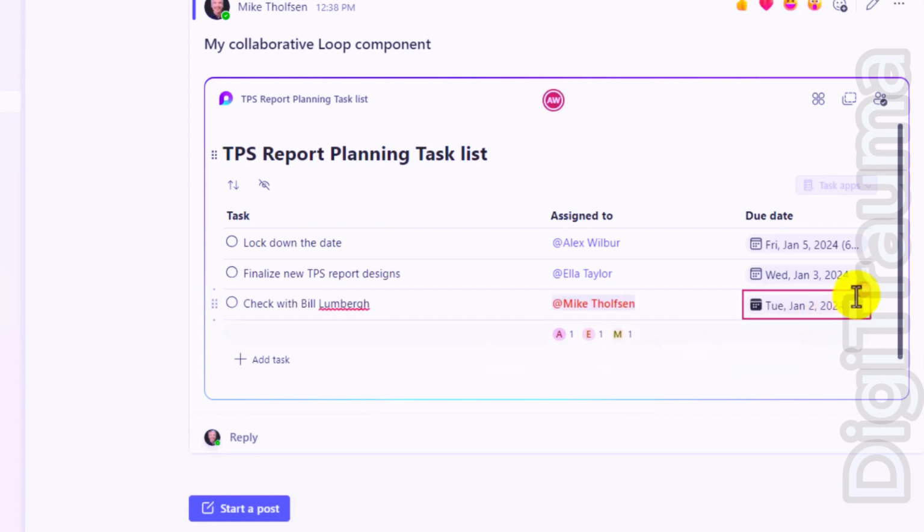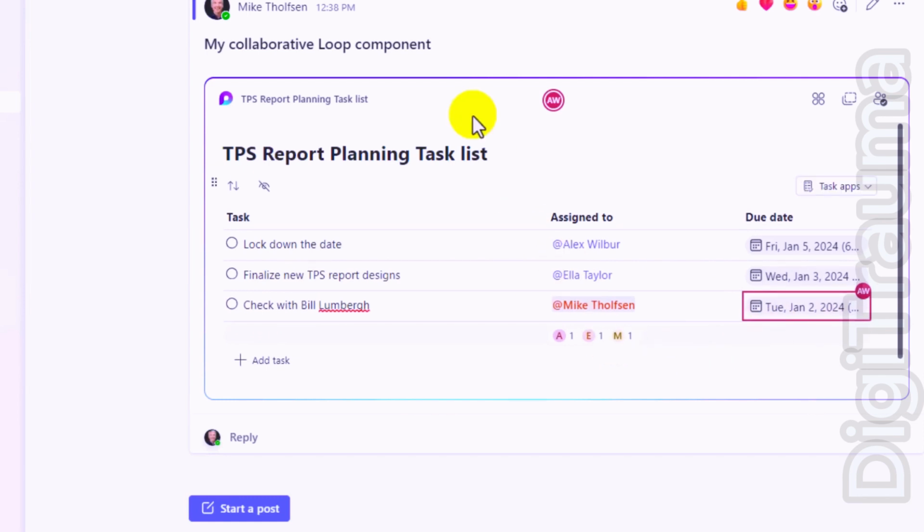And it looks like Alex is in this Loop component adding one for me. I could check with Bill Lumberg, that's my task, and that's due by January 2nd. So it's really easy to do collaborative Loop components. Now this is just a task example. There are many other Loop components, and I've got deeper videos to go all into Loop, but this is the